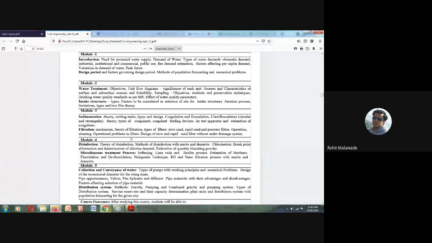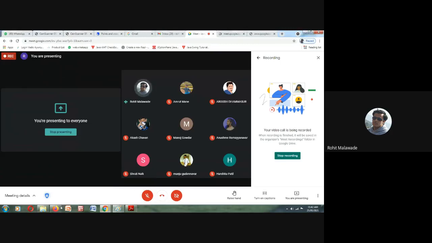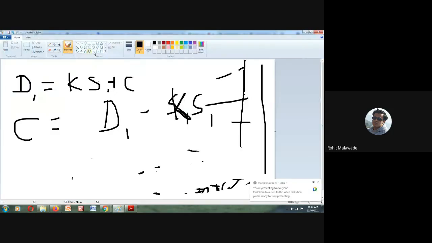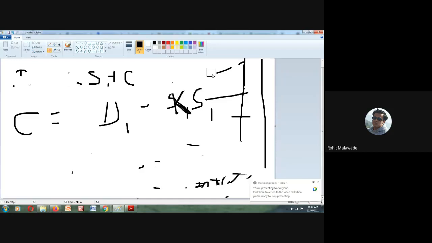Okay, now we are going to see what is sampling. Right now we will see what is sampling, what are the objectives, what are the different methods, and how to preserve the water when we are going to have the sampling. But before going to the sampling, we should know what is sampling and why we are going to have this sampling. That we need to see first.